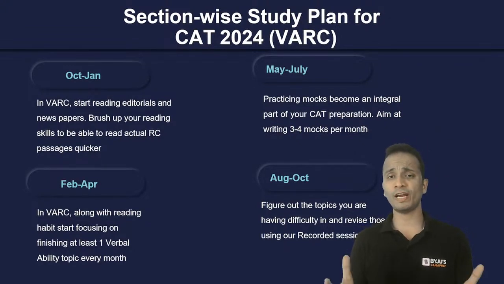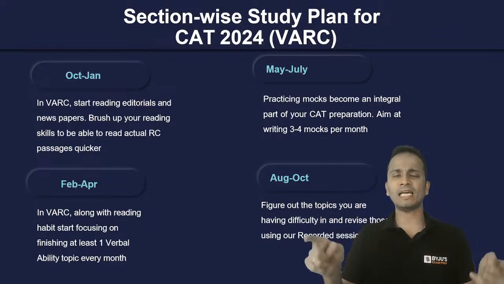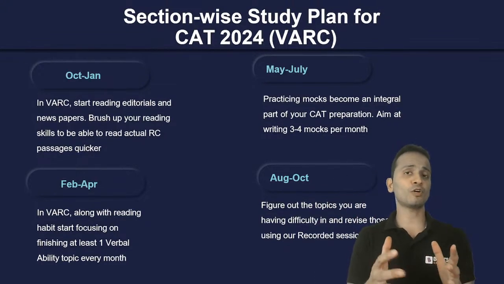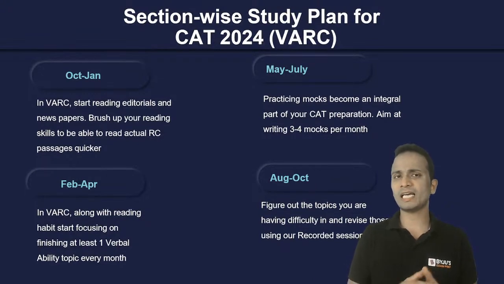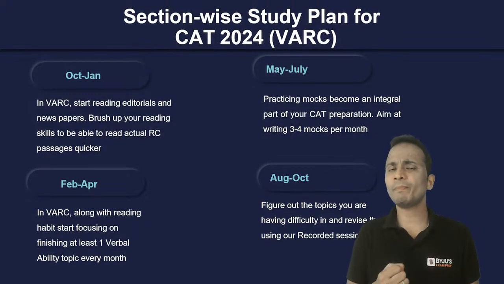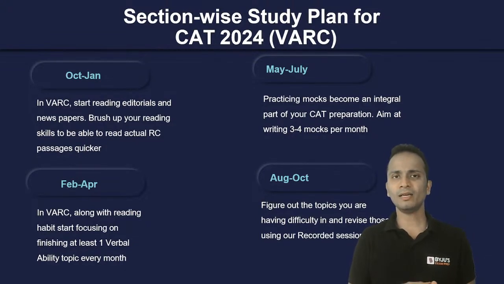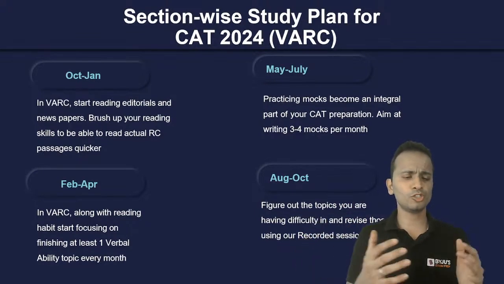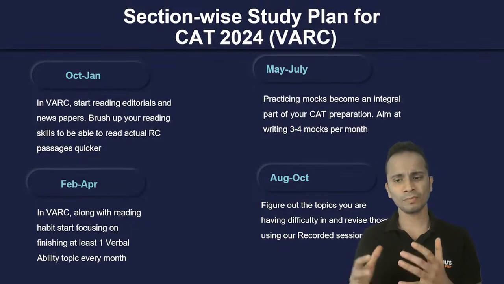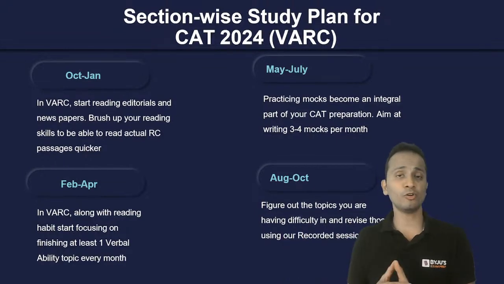In any passage, if you find a difficult word and are unable to understand its meaning even through contextual usage, then it will be difficult for you to understand the reference of the entire passage. But if your vocabulary is good, then you will be able to understand the entire sentence as well as the passage in a much better way. So while you're developing your reading skills, you must work on your vocabulary as well. When you are reading an article and come across difficult words, note them down, search for the meaning on Google, and attach the word to a proper sentence so that you'll be able to retain the meaning of that word for a longer time.